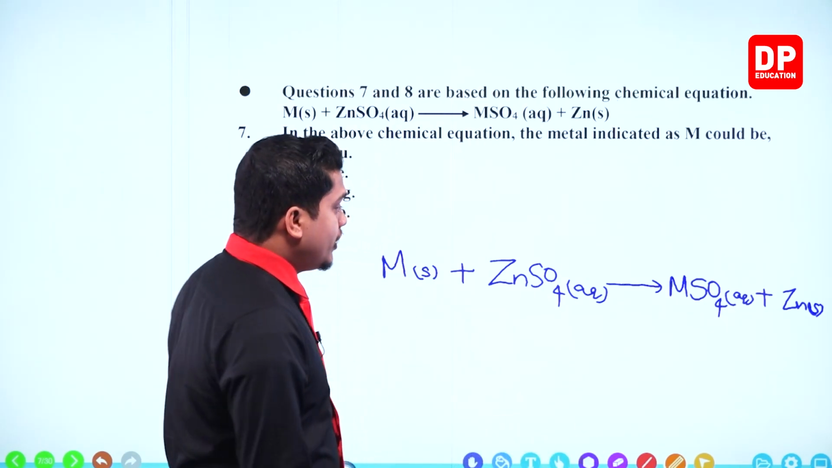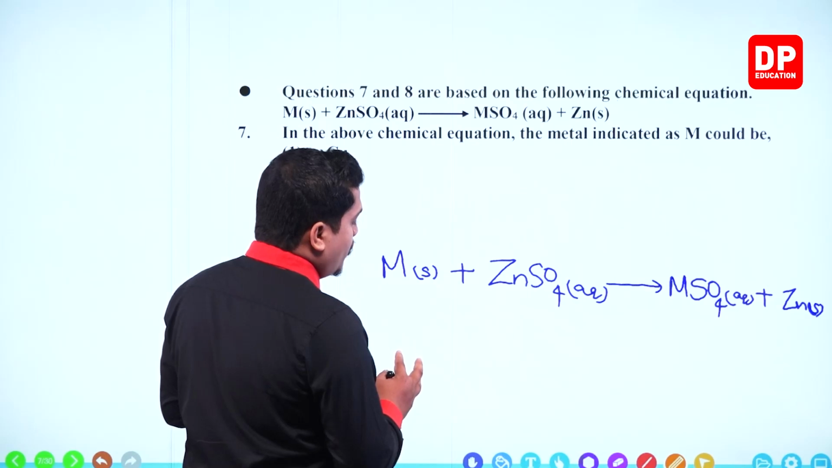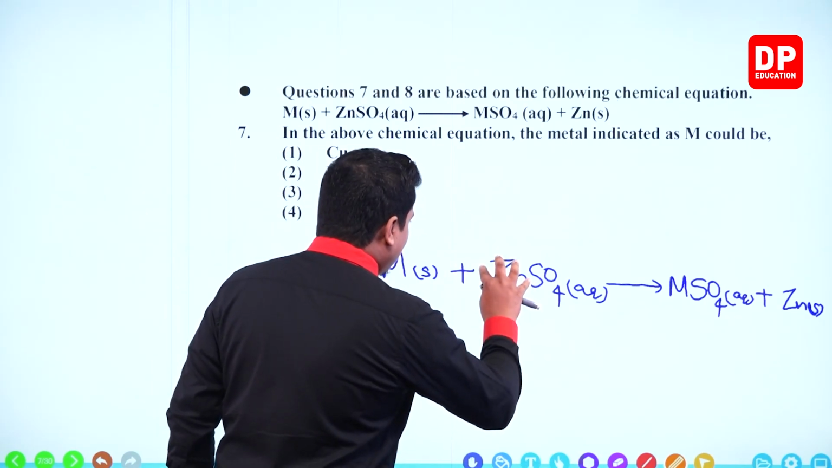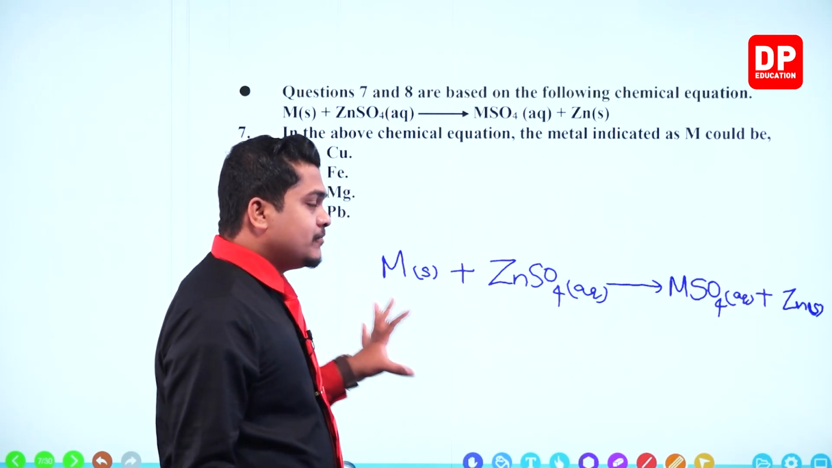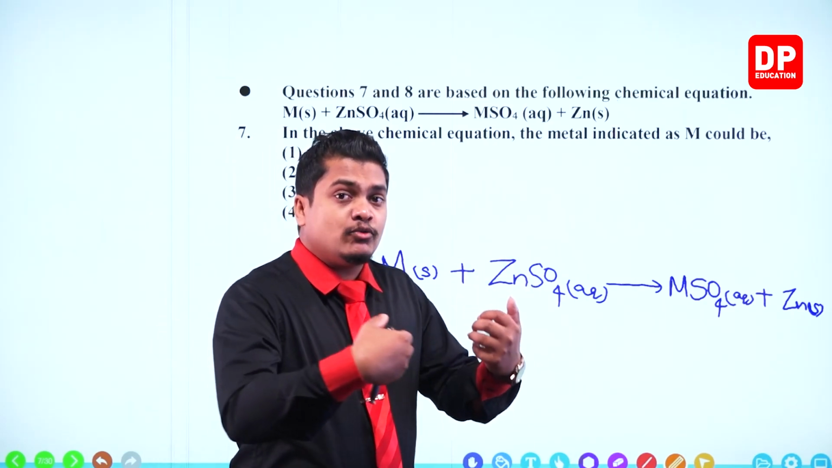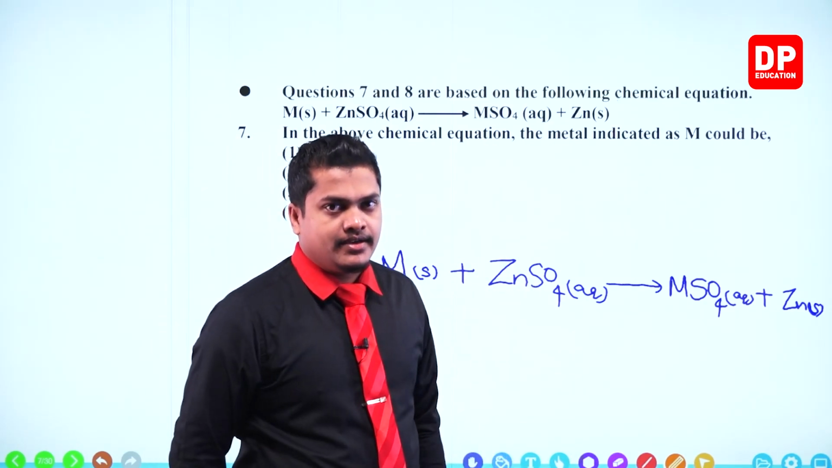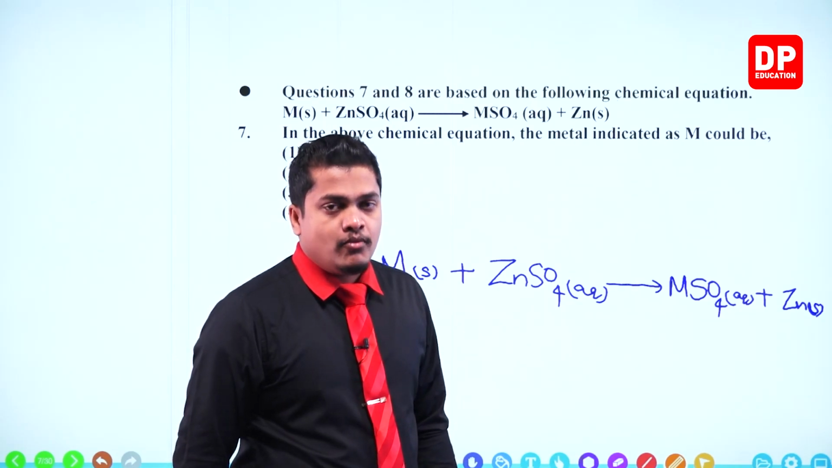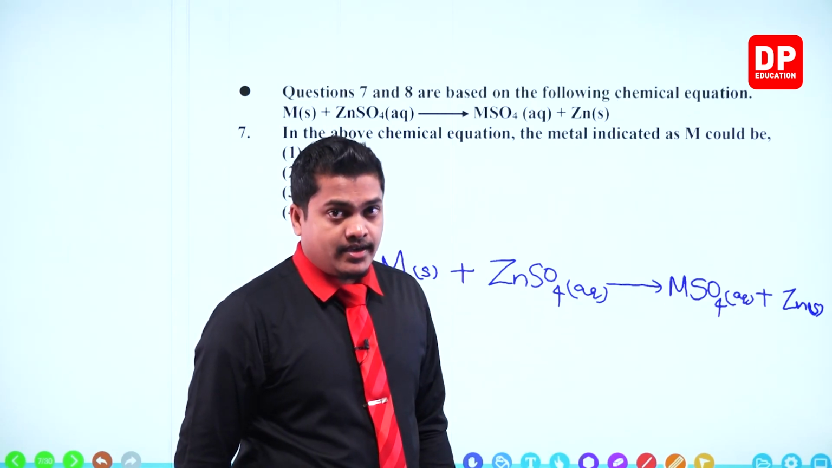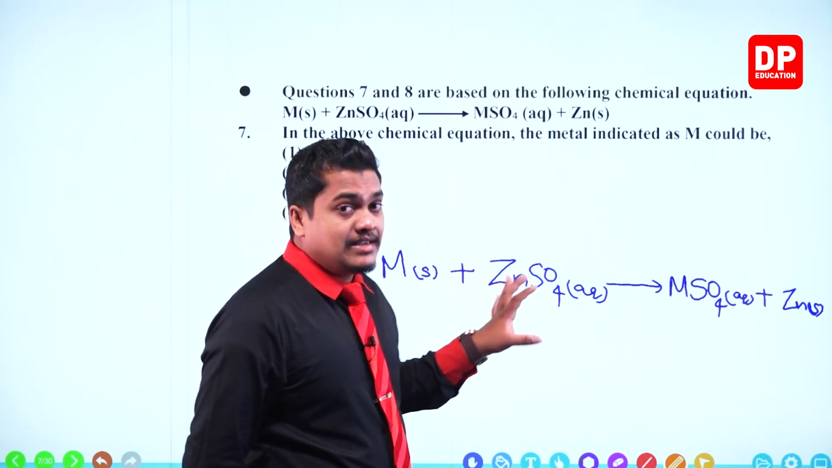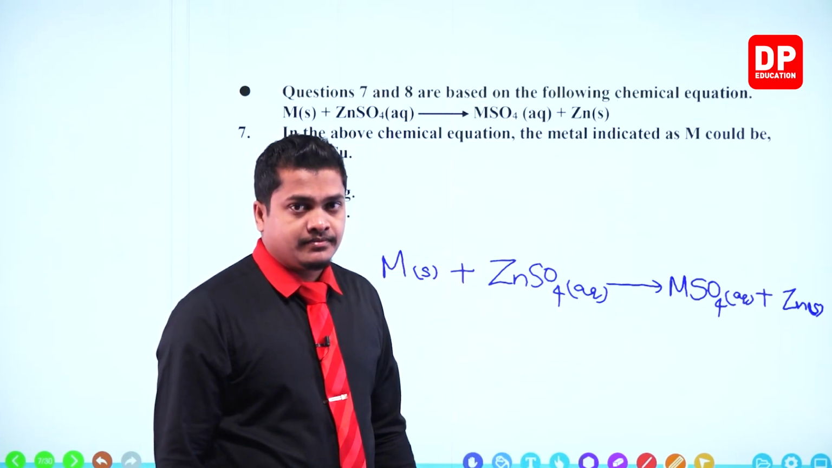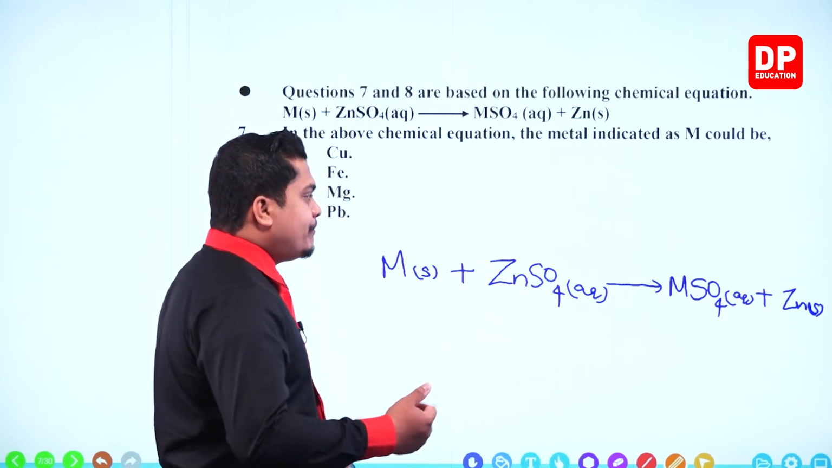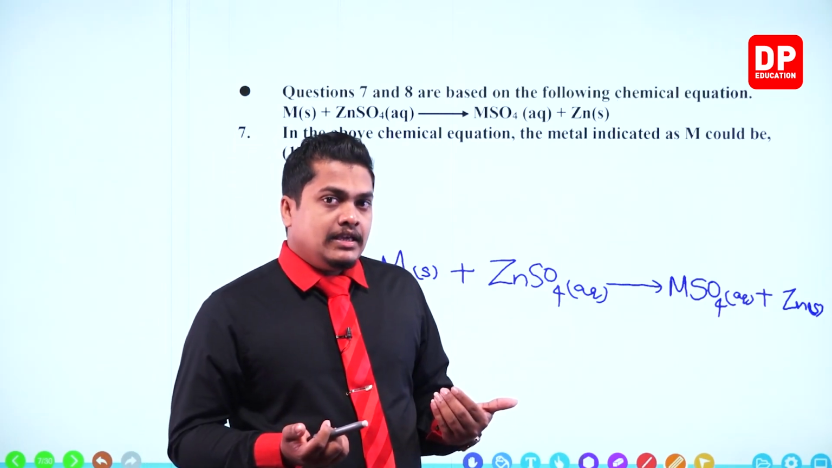So in order to remove the zinc element like this, M should be a more reactive substance than zinc. Zinc is a type of metal, so definitely M should be a metal. So to compare the reactivity,